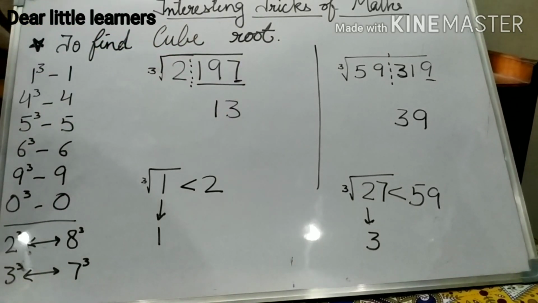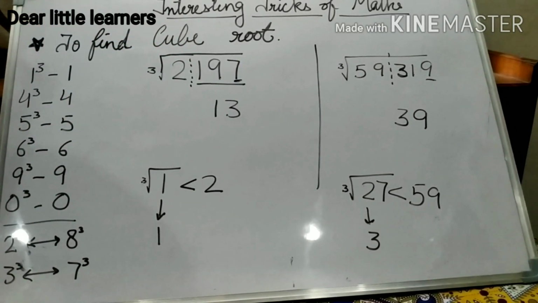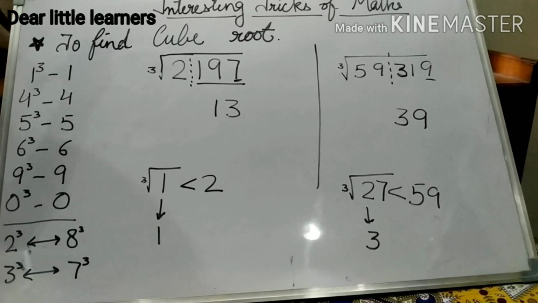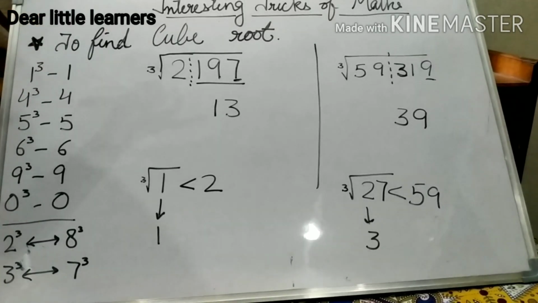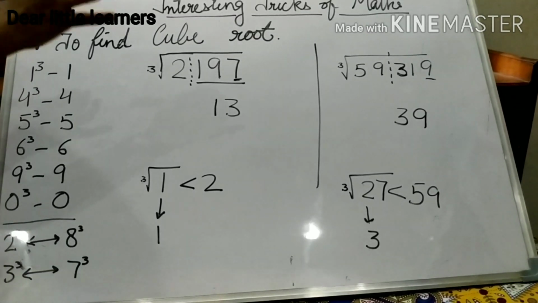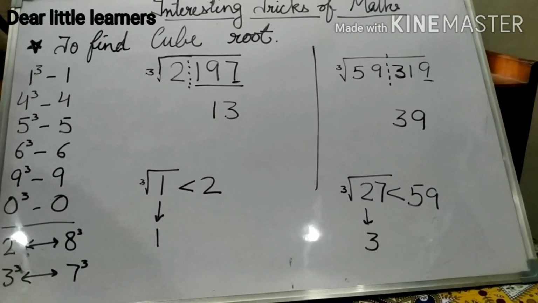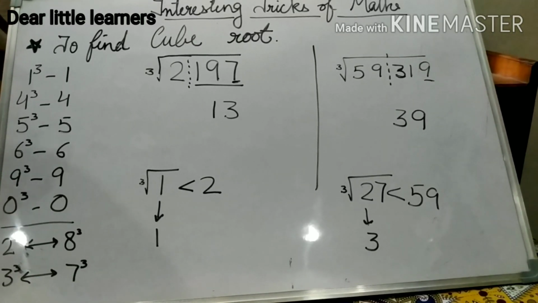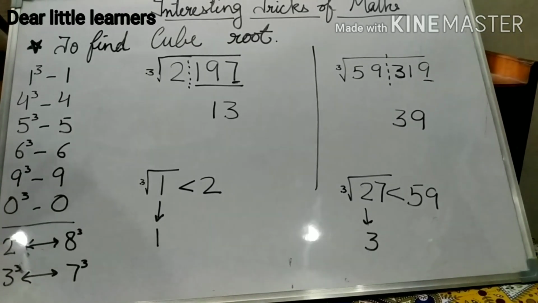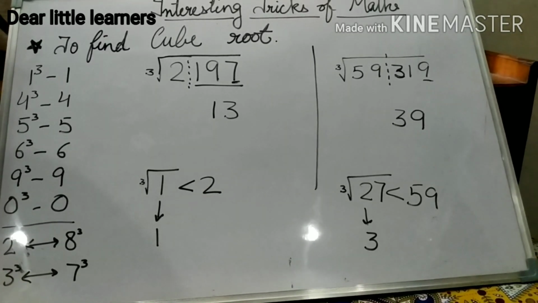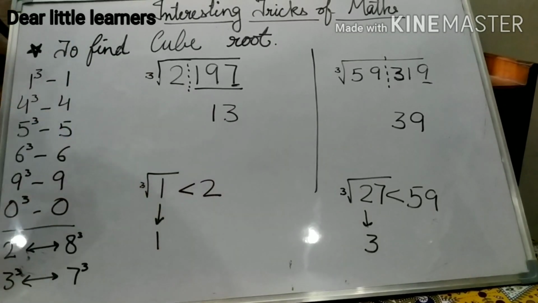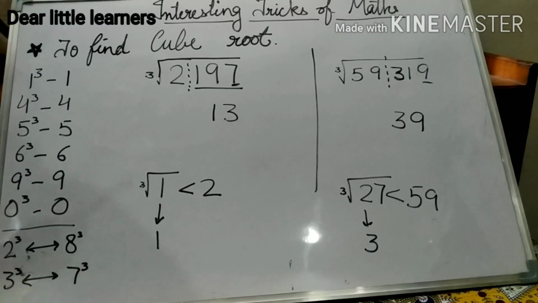That means whenever we solve, 9 will come at the last only, and it will be the cube root. So we have written 9 there. Now the number which is left is 59. Now we have to find a perfect cube which is less than 59. So children, we have taken 27 because the cube root of 27 is 3. 3 3s are 9, 9 3s are 27.